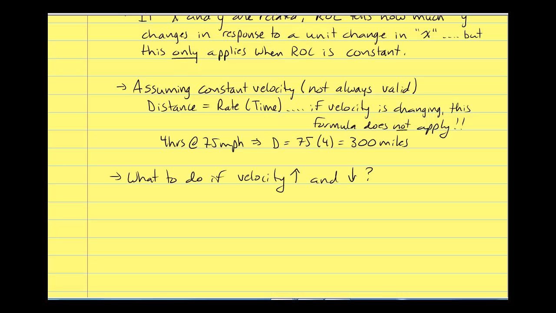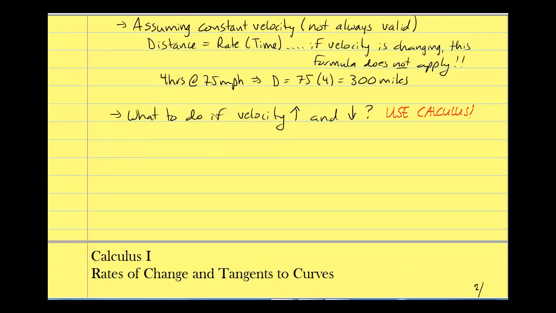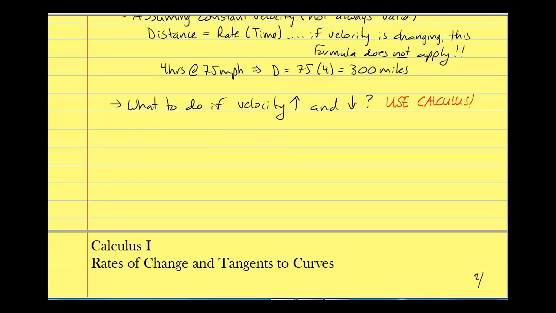So if velocity increases and decreases, arrow up of course means increases and arrow down means decreases. The answer to that question is we use calculus. So that's one of the nice applications again of calculus that we're going to be able to look at. So if I don't have a constant velocity, if I have changing velocity, I can use calculus to help solve